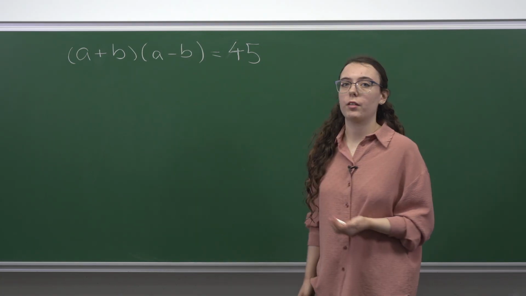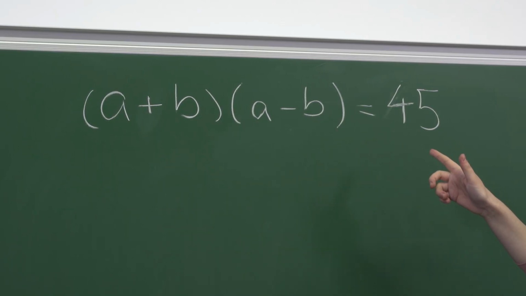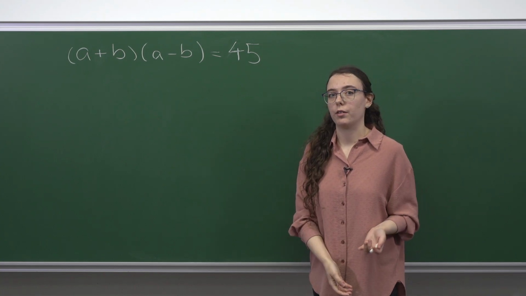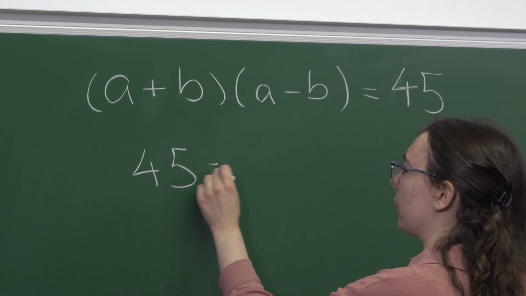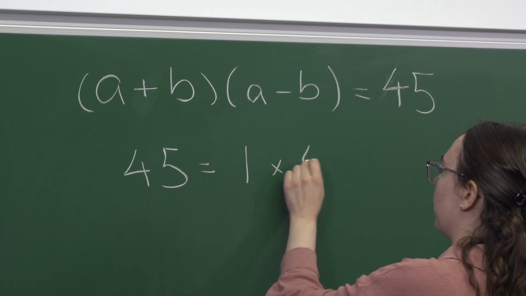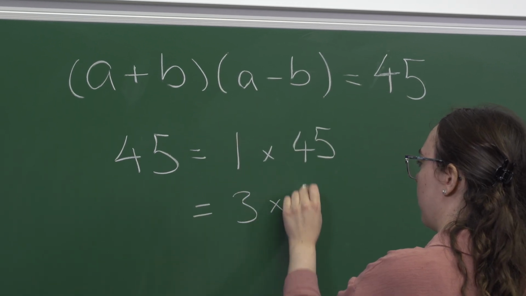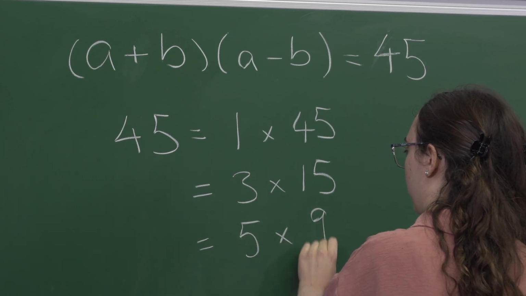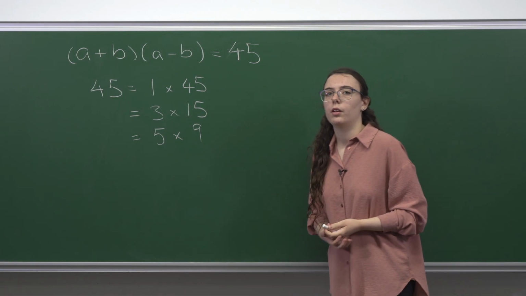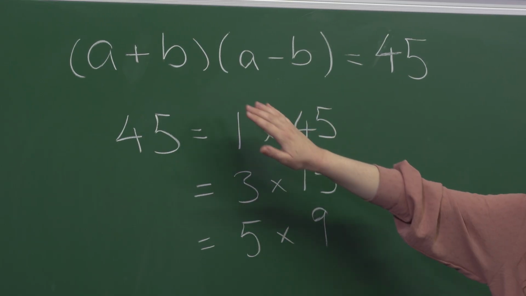So in this question, we're asked to look for solutions to the equation (a plus b) times (a minus b) equals 45, where a and b are positive integers. So let's look at the factors of 45. So clearly, because a and b are integers, one of a plus b is going to have to be one